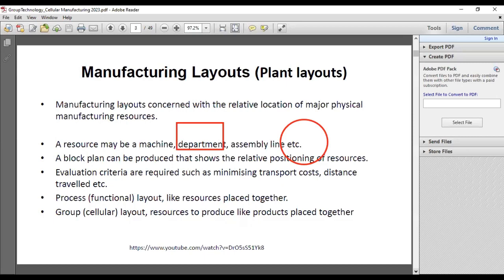Learn about manufacturing layouts or the plant layouts. Layout means the flow arrangement. So manufacturing layout is concerned with relative location of major physical manufacturing resources. The resource may be a machine or the department or the assembly line. Likewise, in a layout or the process plan, we can divide it into different sections, considering we can organize